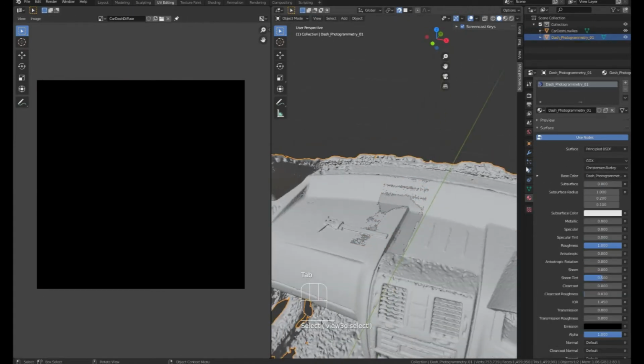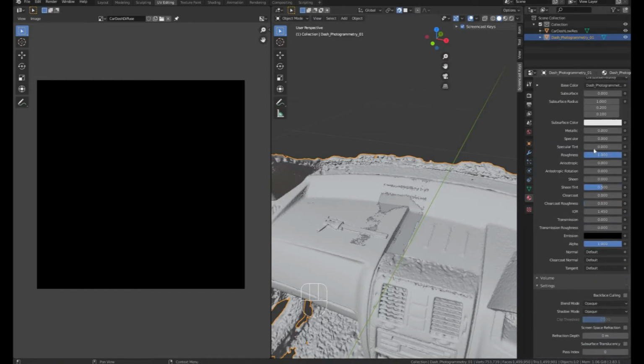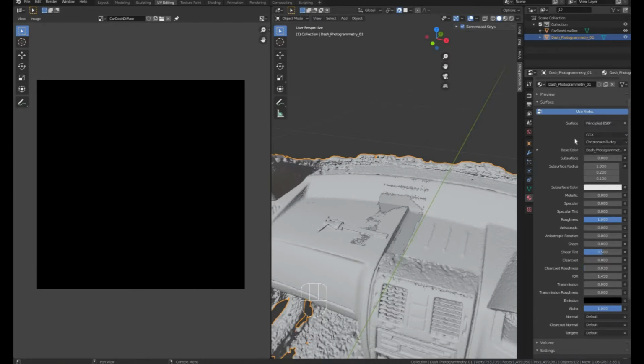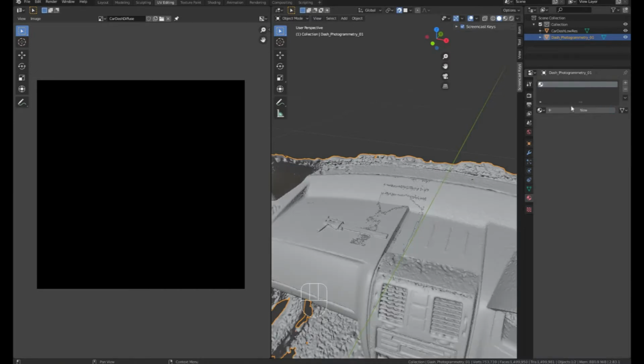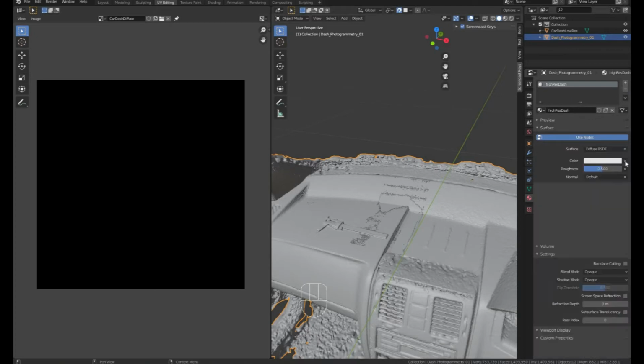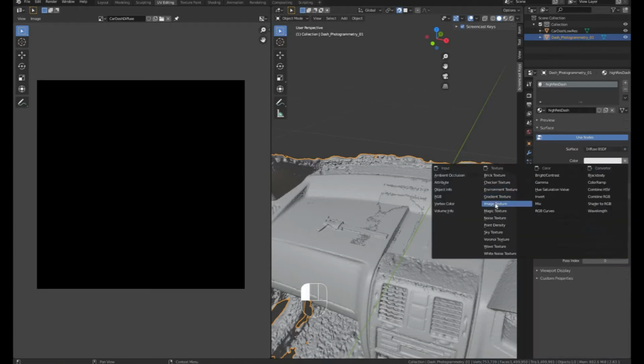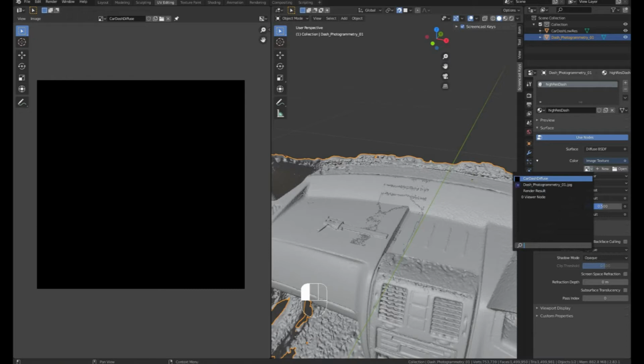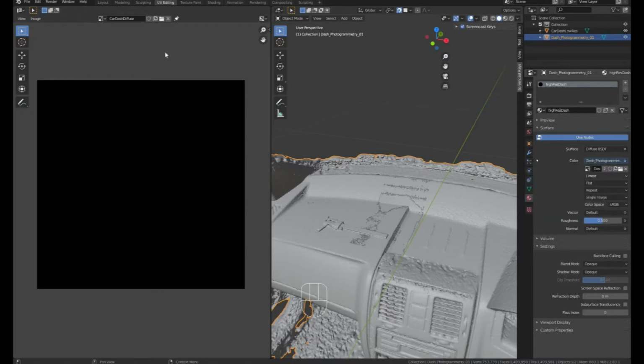Now, this high-res mesh has a material on it, dash photogrammetry. The image texture is applied to it, but if we needed to create a new material for that, just for the example, we would do new, make that high-res dash, change to diffuse, add image texture. So if we look at our high-res dash texture, and we can choose that here,